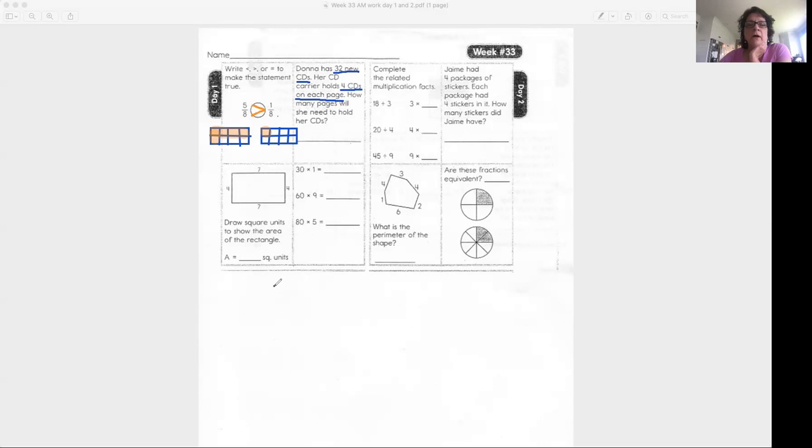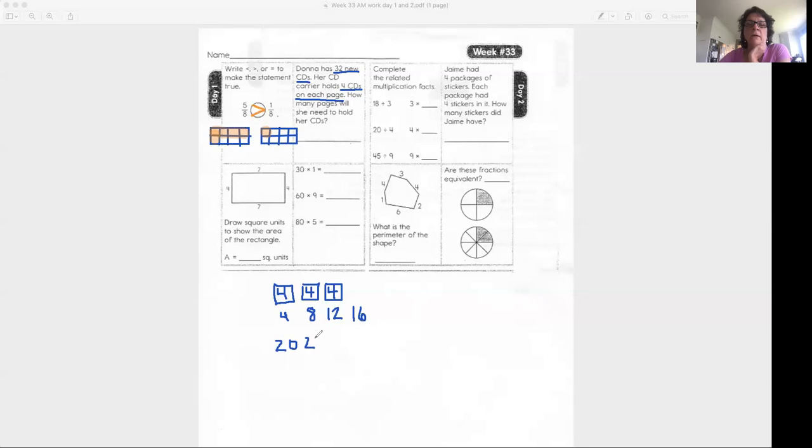I could draw pages down here and put a 4 in each one, and then do a count by. So I know the size of the group, but I don't know the number of groups. So this would be 4, and I could continue to draw and skip count until I get to my total, which is 32. So just keep drawing pages with 4 in them and doing my count by underneath, 4, 8, 12. Instead of continuing to draw, I'm just going to keep counting by 4 until I get to 32. So 4, 8, 12, 16, 20,